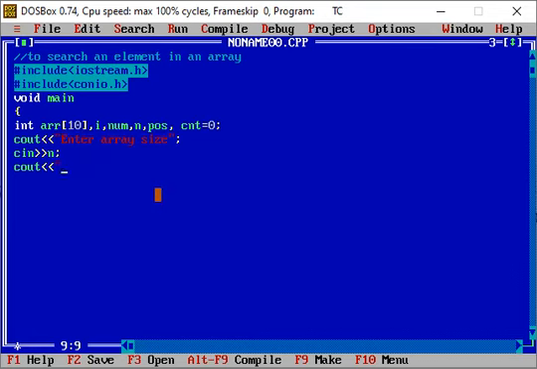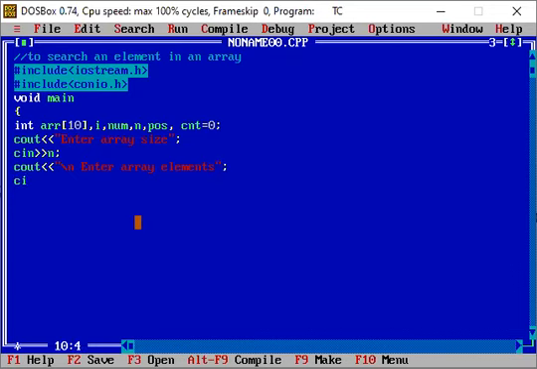So I'll be writing cin and enter array elements. Fine. So this is the way I will get all those elements from the user.